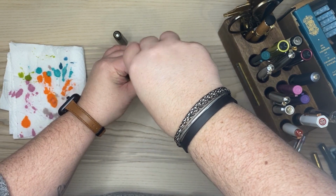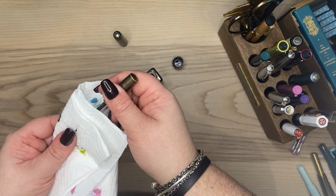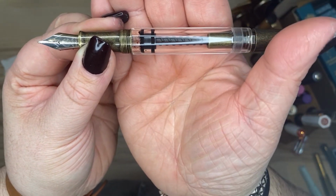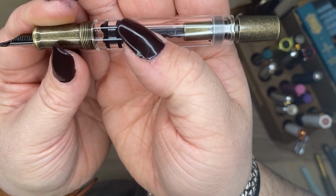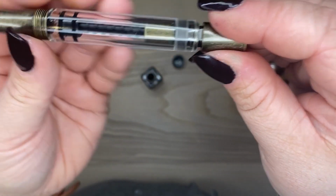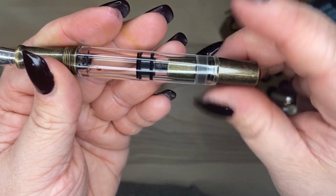So again, it's a twist action, the same. Right, so that is twisted all the way down as far as it will go. You can see you've got some kind of suction, like they fill up the whole barrel there, and that's what pushes and pulls the ink. And then if I twist this here again, so this is piston